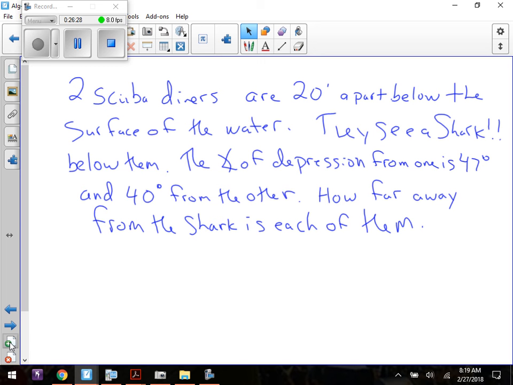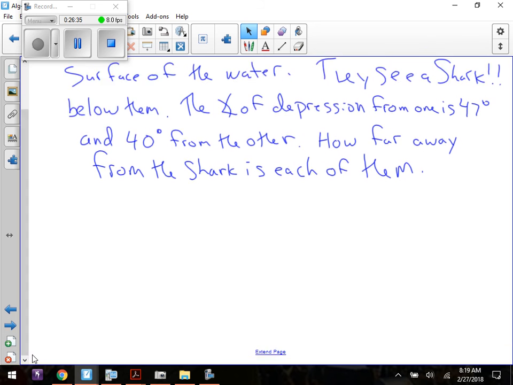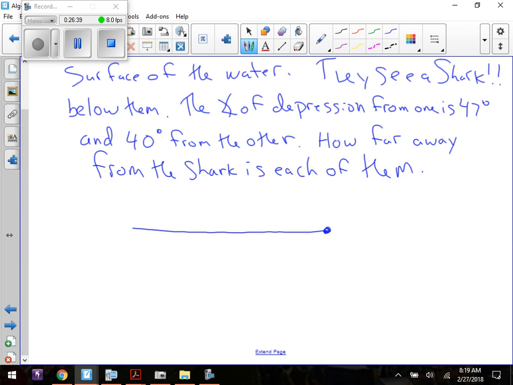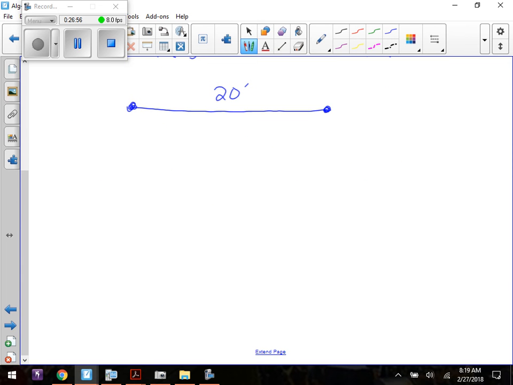All right, so here's what we've got. We have to understand what it looks like. We have to know how to draw them through and go from there. So the easiest thing to do is we know we have two scuba divers. And how far apart are they? 20 feet, okay? Angle of depression, remember, is line of sight looking down. So if there's a shark in the water,